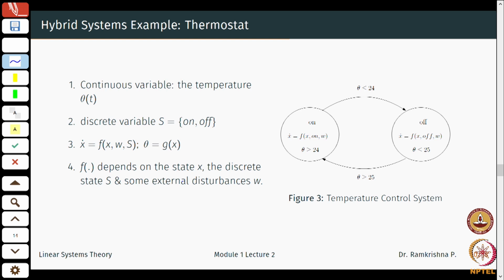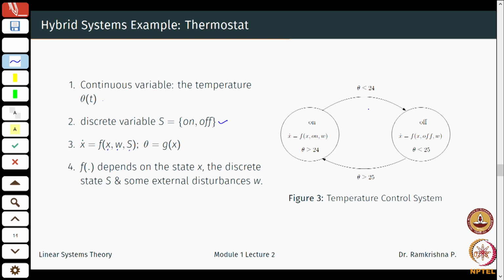So you have discrete states here which will tell if the air conditioner should switch on or switch off, right. So that is the discrete event here, or the discrete state or the discrete variable that governs my system. Then you have of course a continuous variable theta t. So my state now evolves according to a nonlinear or maybe a linear equation also, which is defined by x, the current state itself. Then you have maybe certain external influences like people entering the room or changes in the conditions outside the room and so on, and a certain switch.